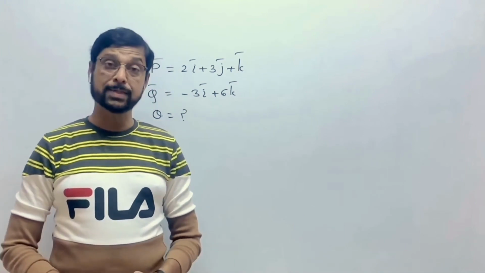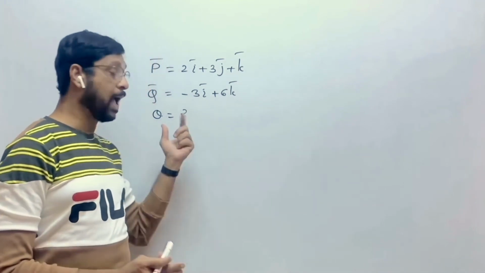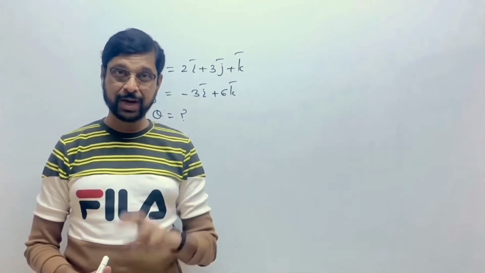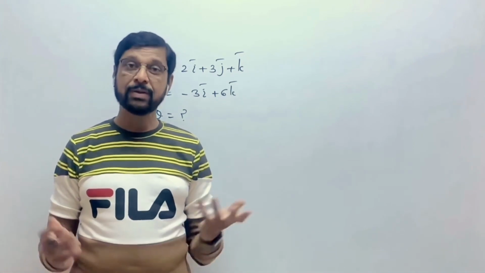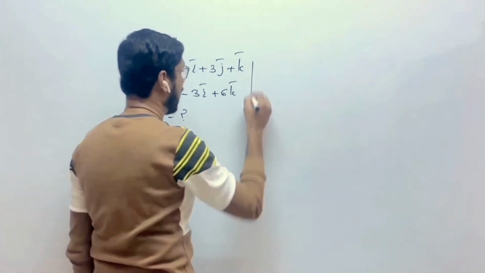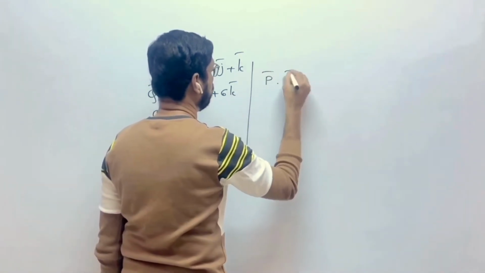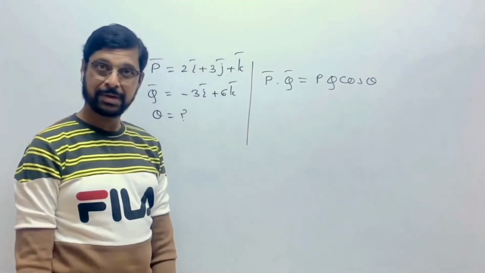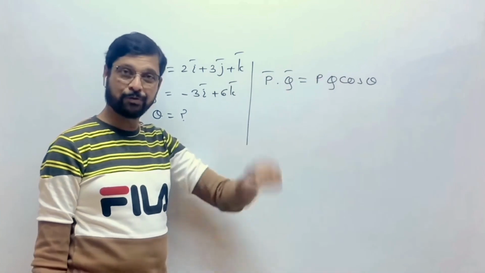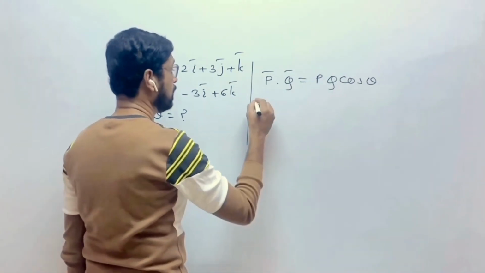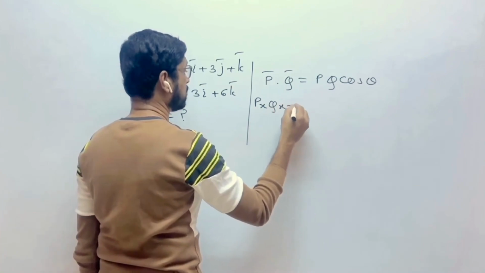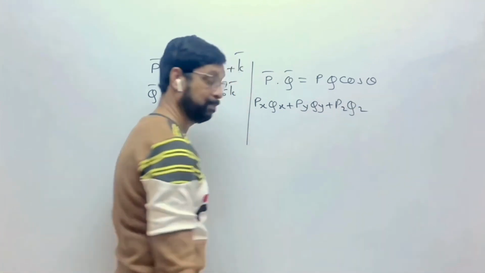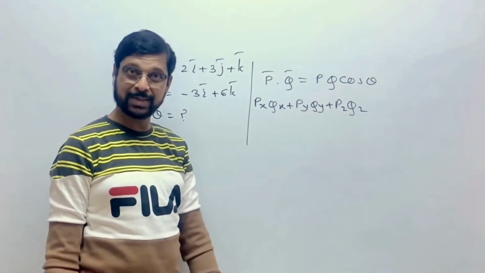If two vectors are given and you have to find the angle, which formula comes to your mind? The formula in which there are two vectors and their angle, that is dot product. We know that P dot Q is equal to PQ cos theta, correct? This is the definition of dot product. P dot Q is Px Qx plus Py Qy plus Pz Qz,